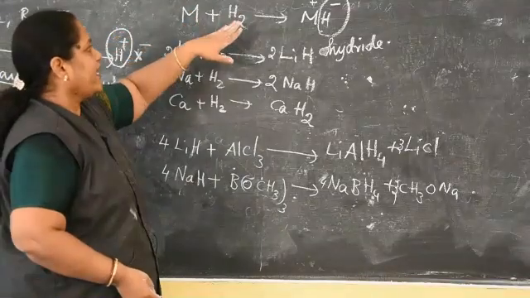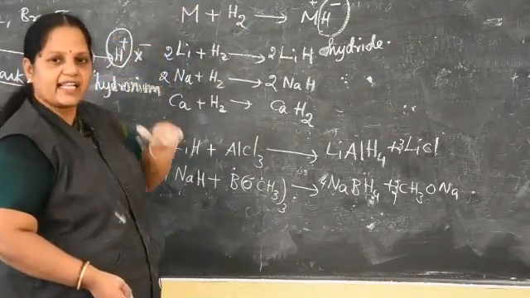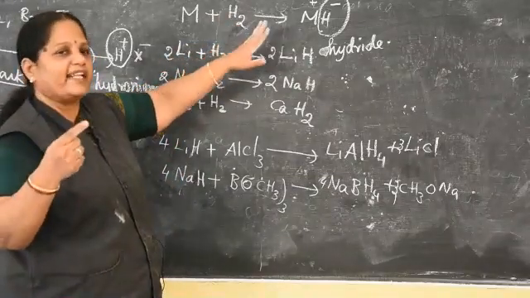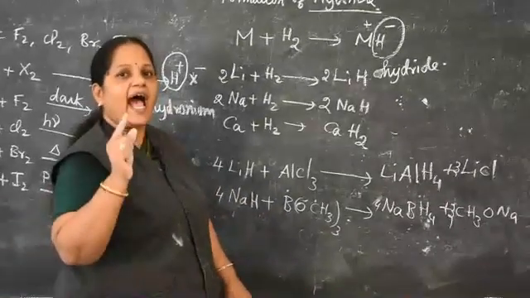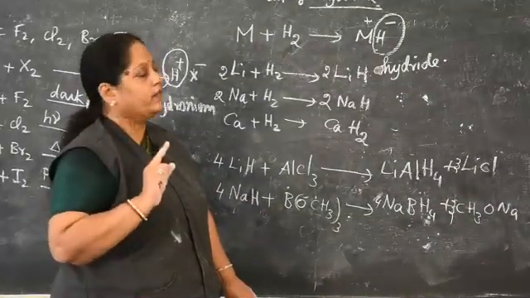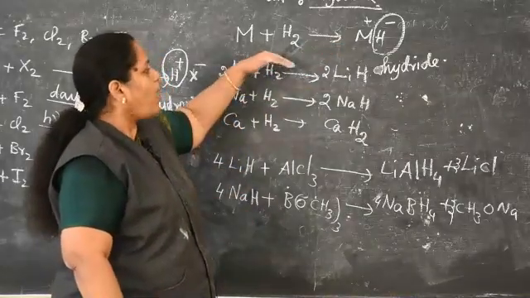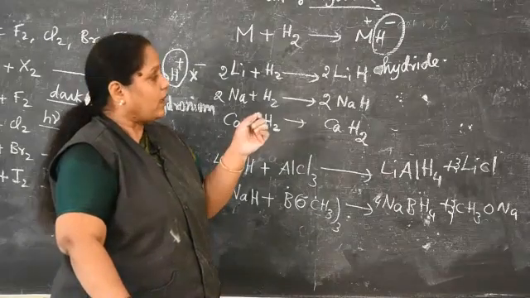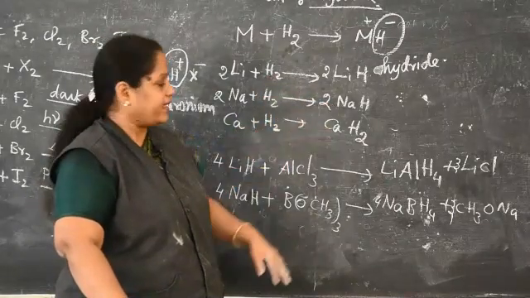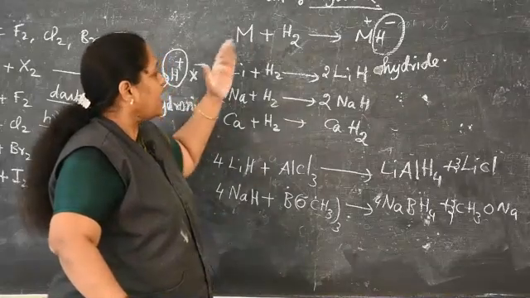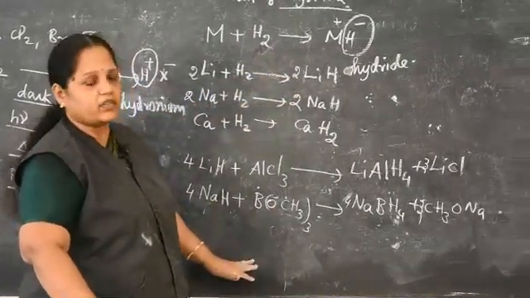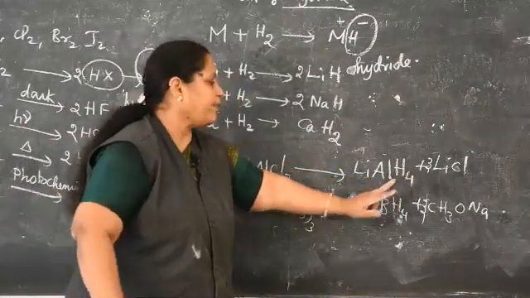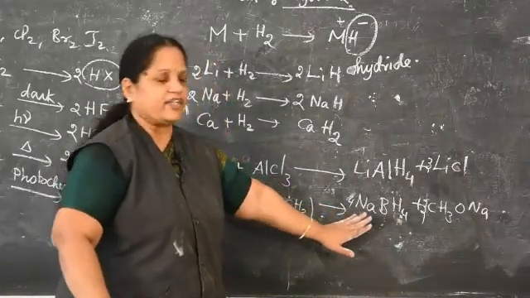Formation of hydride with hydrogen. Metals such as alkali metals and alkaline earth metals combine with hydrogen to form metal hydrides. In metal hydride, hydrogen carries -1 as its oxidation state. The formed metal hydrides act as reducing agents for many organic compounds, which are prepared by this method, and these lithium hydride and sodium hydride are also used for preparing other reducing agents, lithium aluminum hydride and sodium borohydride.